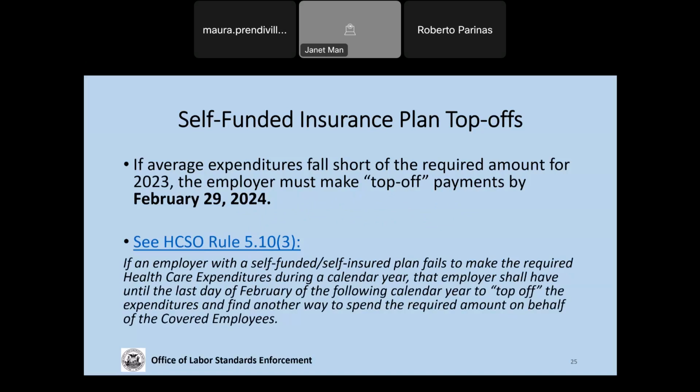All right, so let's talk about self-funded plan top-ups. If the average expenditure falls short of the required amount for 2023, the employer must make additional payments by February 29, 2024. This is based on the